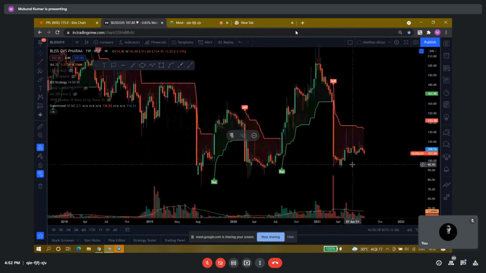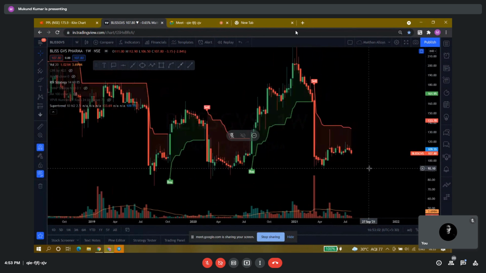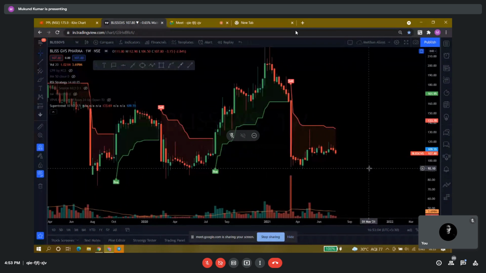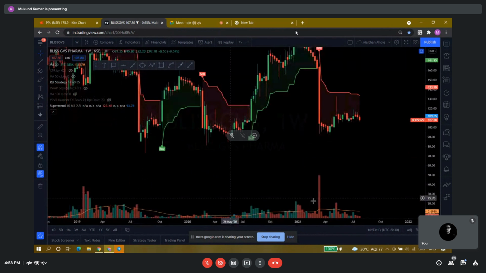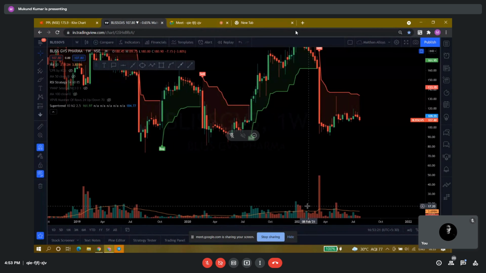Obviously you are saying that this result has been very good, but if you see this chart structure, I am not at all interested in it, because I am not seeing any good accumulation. Means there is no very good green candle suggesting that this stock has been accumulated or added by a big player. So this chart structure is not at all positive.